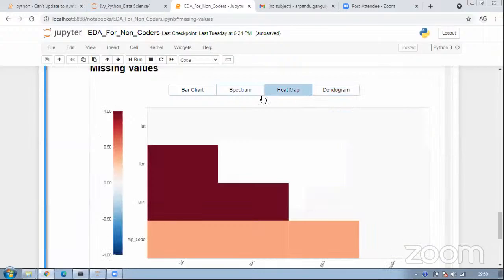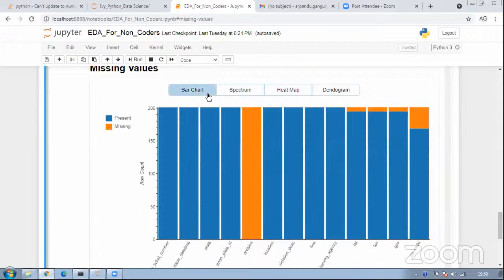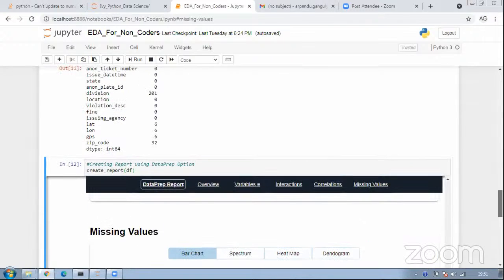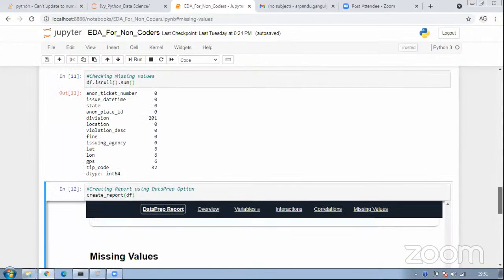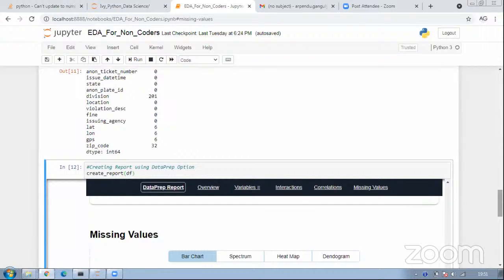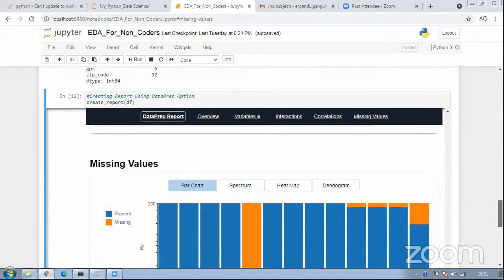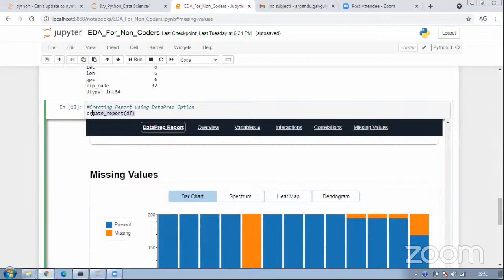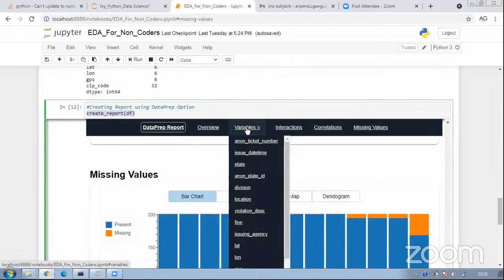So I can play around with all of these charts and have this interactive report. How many lines of code did I write to have all of this? Just one. And I got access to all kinds of information that my data has, starting from the number of missing values, a percentage of that, the basic insights about the variables in terms of skewness, and univariate statistics.